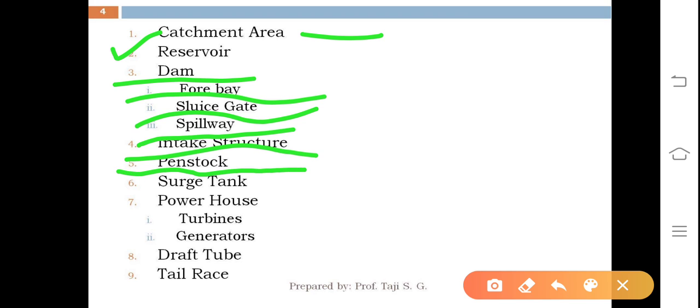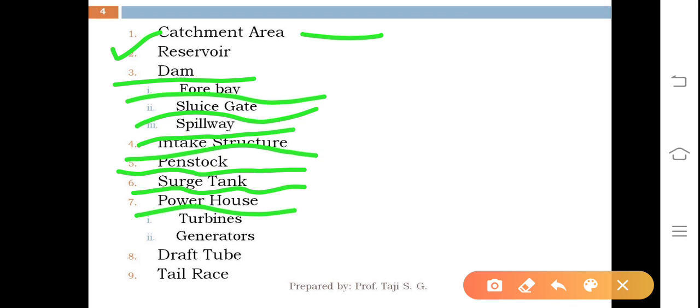Then penstock, a big huge pipeline through which the water flows from the reservoir through the dam up to the power plant. Then surge tank, in order to minimize or reduce the effect of water hammer in pipes. You have studied this in SE also, even in TE, in the same subject of fluid mechanics too. You have studied water hammer in detail, what the effect is and what factors it depends on, when produced in the pipe while flowing. So the surge tank is for minimizing the effect of water hammer.